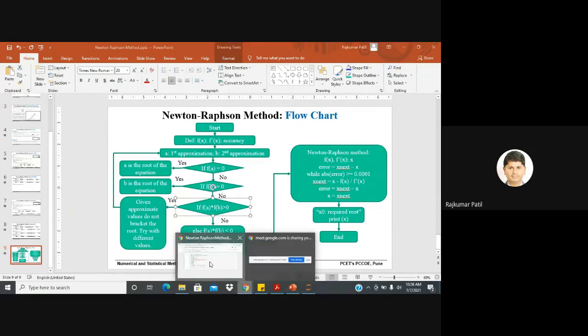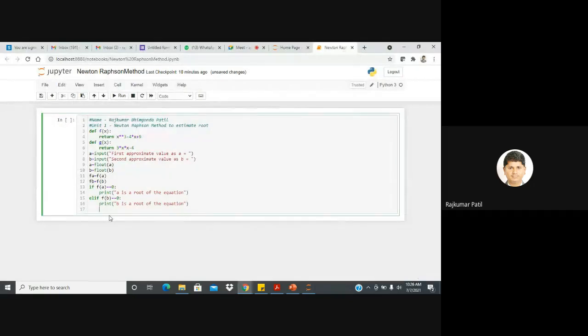So let's go back to the program and write that statement. Again, we will use elif, that is else if. And here we will check the condition f of a multiplied by f of b is greater than 0. If the product of f of a and f of b is greater than 0, it means the root does not lie between a and b.